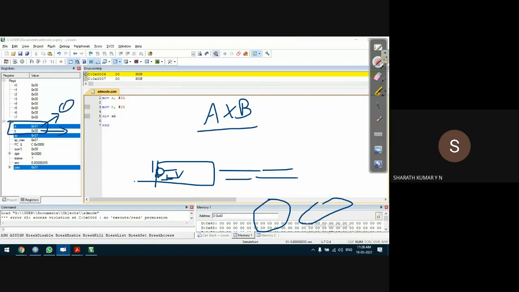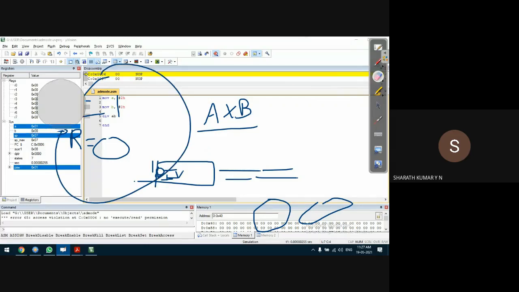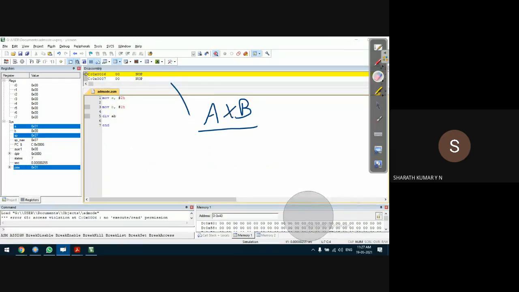I am not able to freely move the mouse, that's the problem I face. So that is the result of execution of the division operation. Very simple. Nothing else is possible, guys.